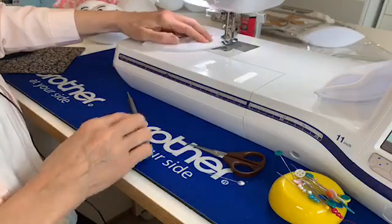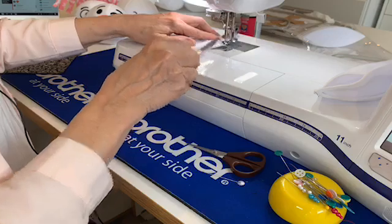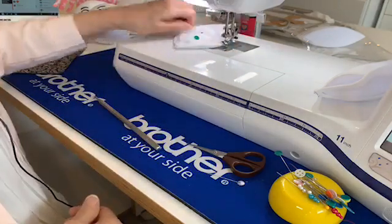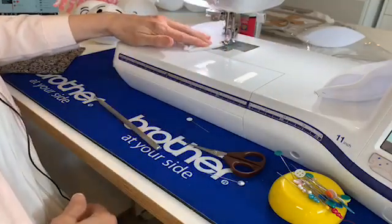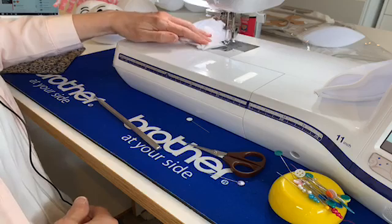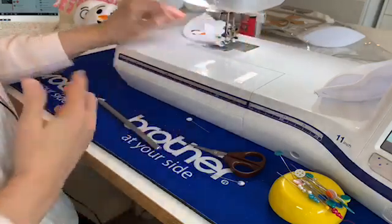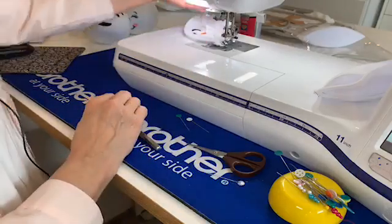And I'm going to keep the edge of my foot right along the edge of the fleece, that little indent on the 1/4 inch foot. I'm getting close to my pin, so I'm going to stop. And I'm going to keep coming around until I get close to the bottom. Getting close to my pin, so I'm going to stop, remove my pin,